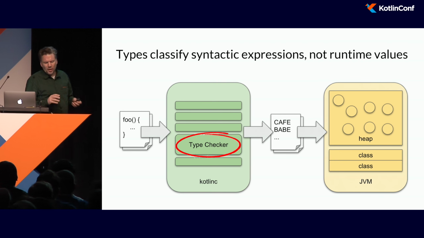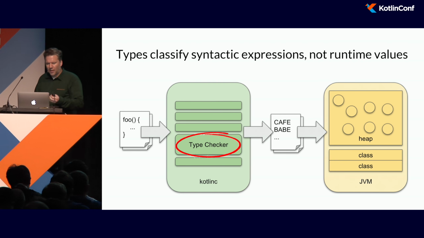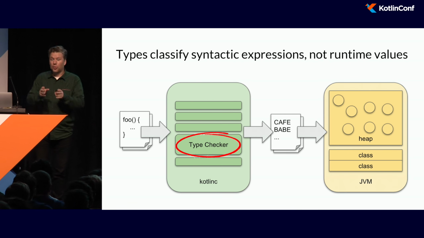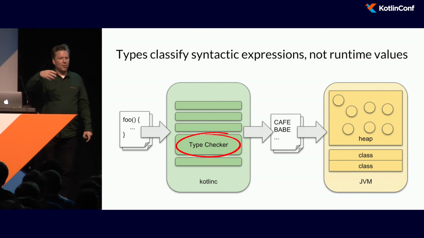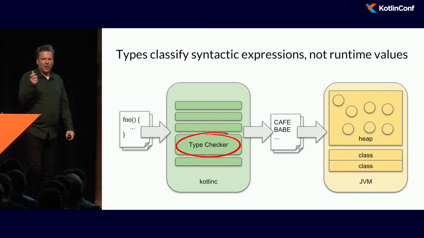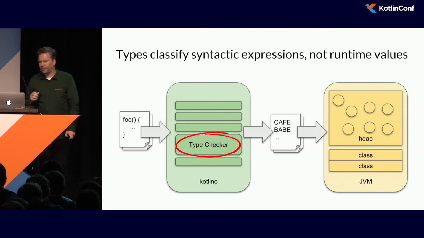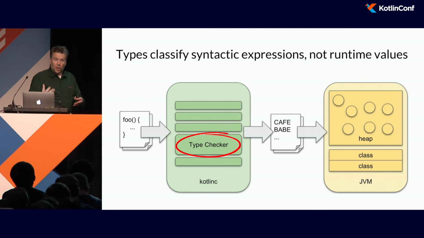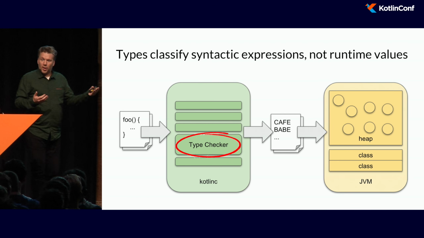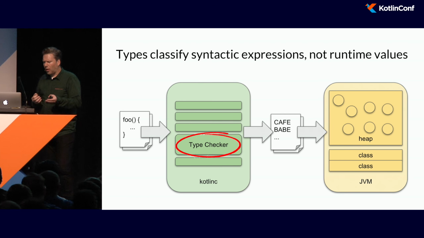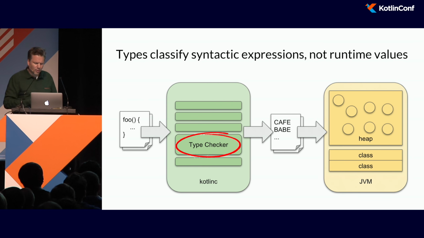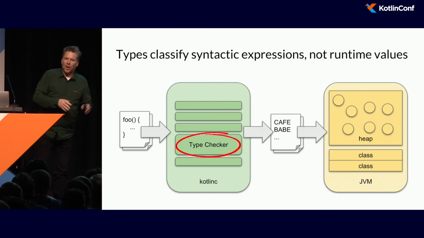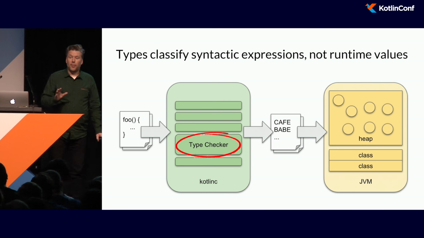A slight oversimplification because of the way the JVM works, but fundamentally the key aspect of a type is that it relates to the syntax in your code and not to the actual values or objects sitting in the heap at runtime that that piece of syntax actually refers to. So when you define a class that will exist at runtime, you also define a type that exists in the compiler to define the operations of that class, and that allows a type checker to check that you're using it correctly. But the relationships between types in the compiler and between classes at runtime are not always the same.